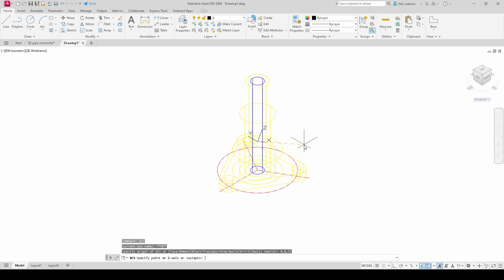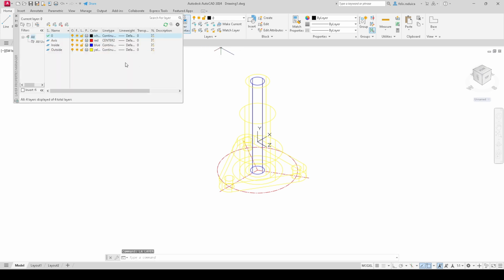And now we want the position of the X and Y so that they are facing to the right and to the top. So we'll hold the shift key and we have our X to the right, and then we'll hold our shift key and we have our Y towards the top, so that now we can create our axis line like that. So we'll switch to our axis line layer,